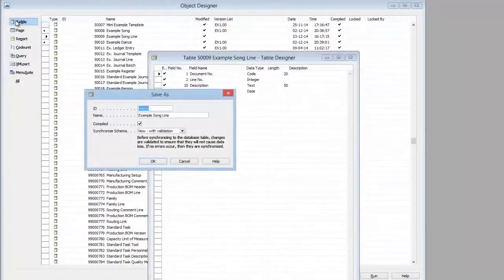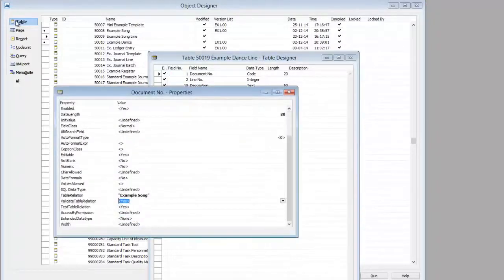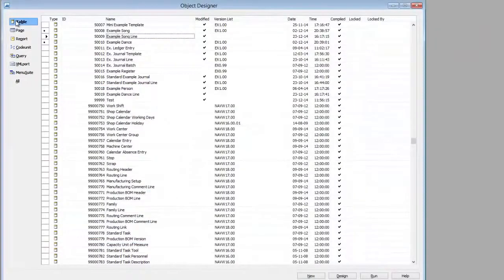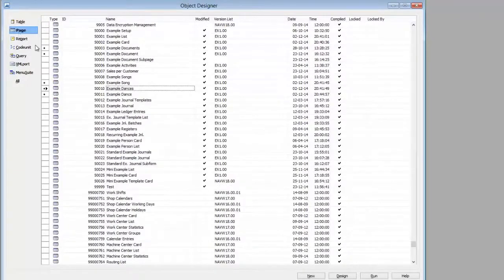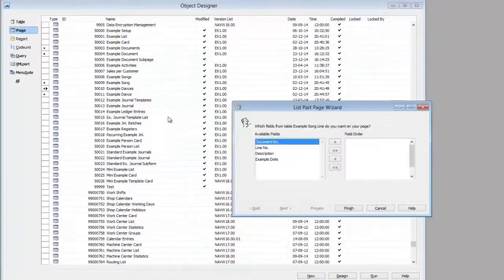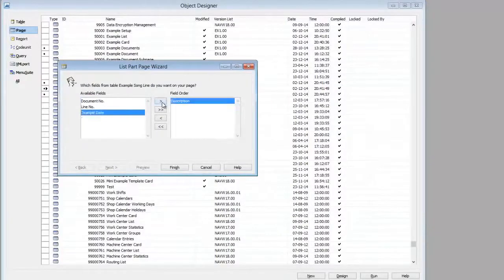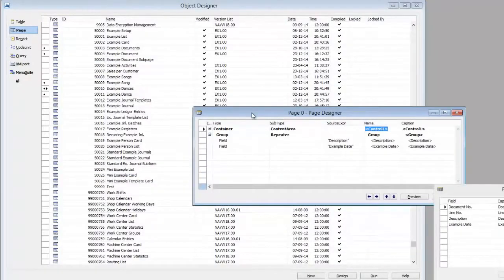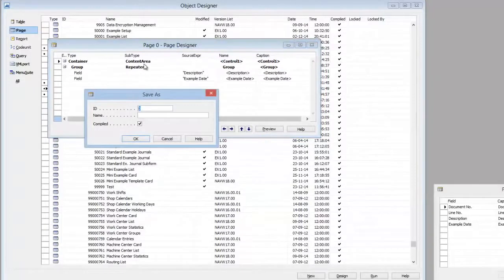And we can do this again, and we make it an example dance line. We update the table relation. And here we go, we have an example dance line. So now we also have to create the subpages. We do that by creating a new page, list part, and we just add the description and the name, and we just save the table